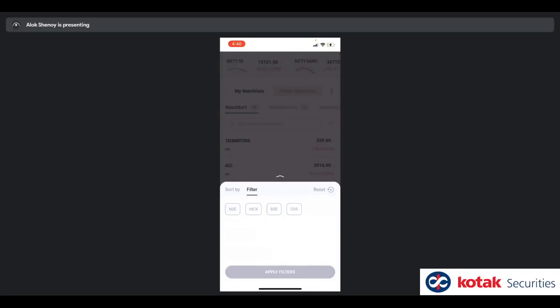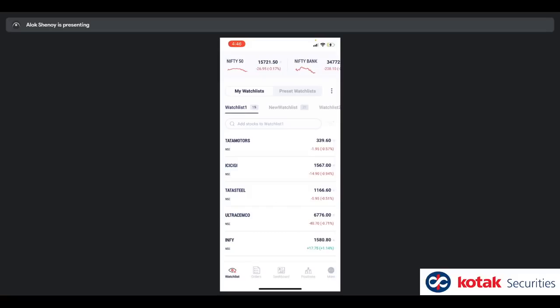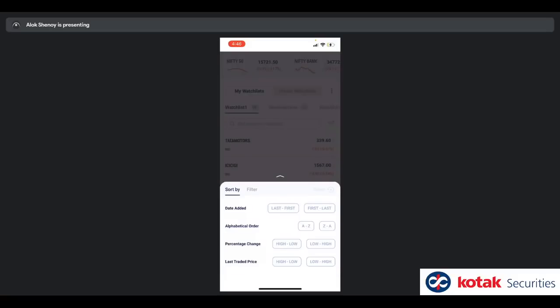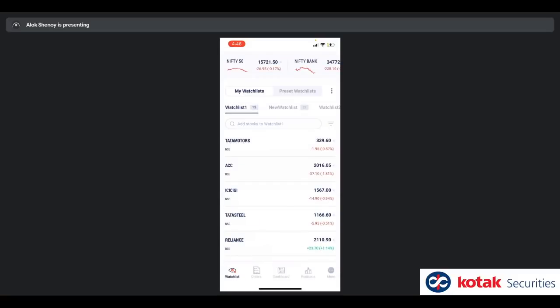You want to filter this, you can filter it by which exchange you're looking at. So I want to see only NSE results. आप NSE select कर लीजिए and apply कर लीजिए. आपको सिर्फ NSE BSE देखना है, MCX CDS नहीं देखना है, तो ये दोनों select करके आप apply कर लीजिए, and it will show you only NSE BSE results. Okay, I'm going to hit reset again. I don't want a sort, right?